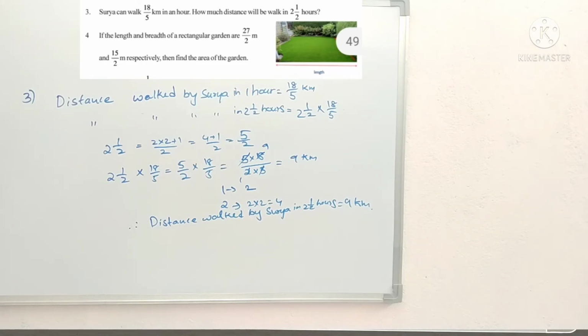Here the main thing you have to keep in your brain is when less is given and we want to find out more, you have to do the multiplication. This is the main point. Okay,